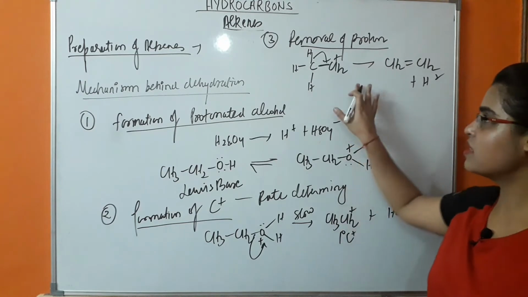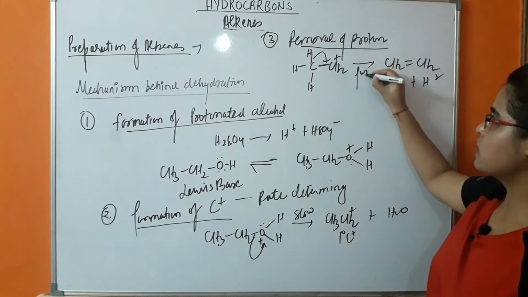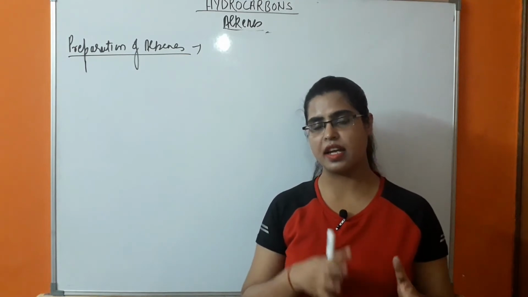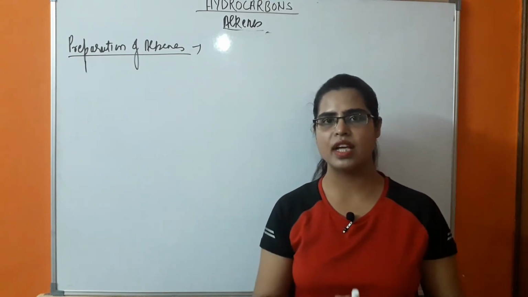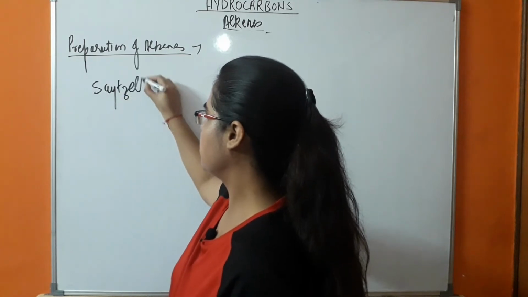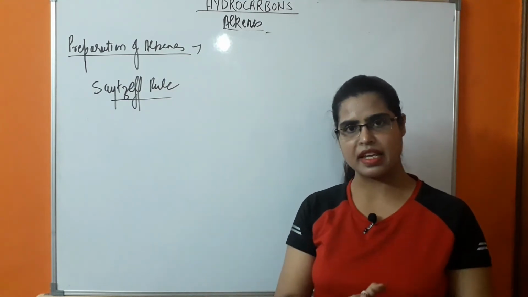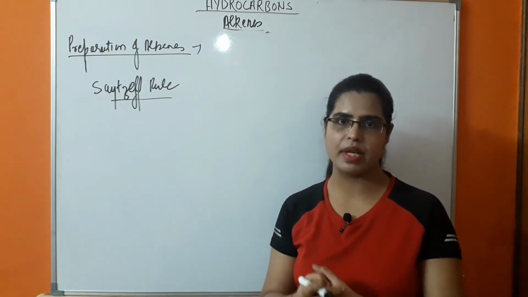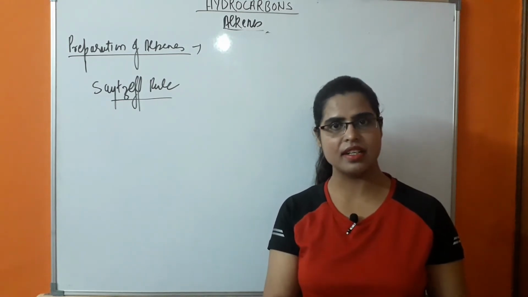One more thing, this step is a fast step because this carbocation is highly unstable. So this step will be fast, and it is not behaving as the rate determining step. In dehydration also, an elimination reaction is taking place at the beta position, where hydrogen is removed. Because of that, the Saytzeff rule will be followed in this also. It means the alkene product will have a composition when more than one position of beta hydrogen is present in the compound.